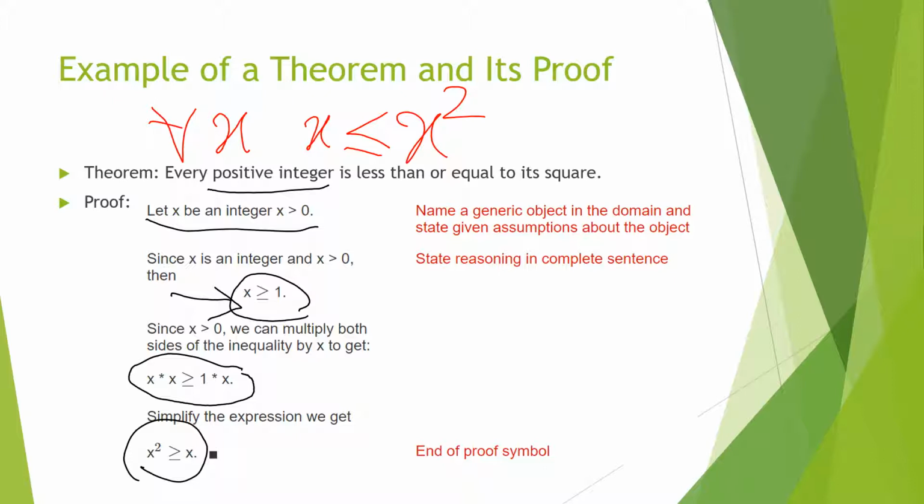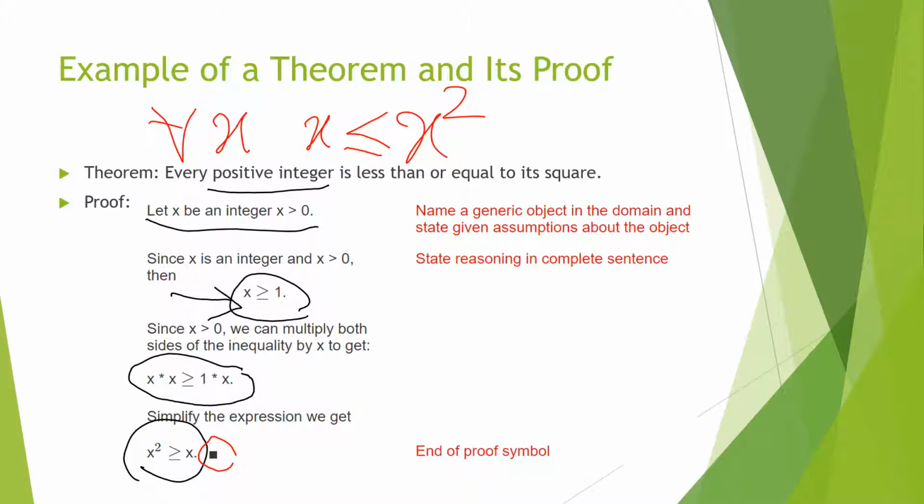So this is the end of the proof, and usually we represent the end of the proof by a symbol which you see here. This is a solid black square that you see at the end. So at the end of the proof, we use